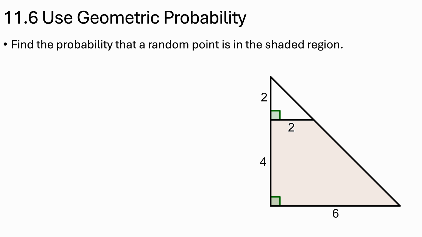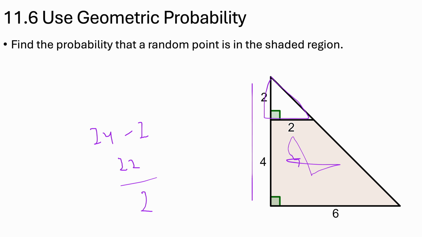Find the probability that a point is in the shaded region. So you have to take the area of this part and divide it by the area of the whole. How can you find the area of this part? You take the area of the whole and subtract the area of this much. This much will be half base times height, half of 2 times 2 is 2, and the area of the whole is half of 6 times 6, because the total is 6 here. So it will be 24. So the whole area is 24 minus 2, that is 22. So 22 is the area of this shaded region.